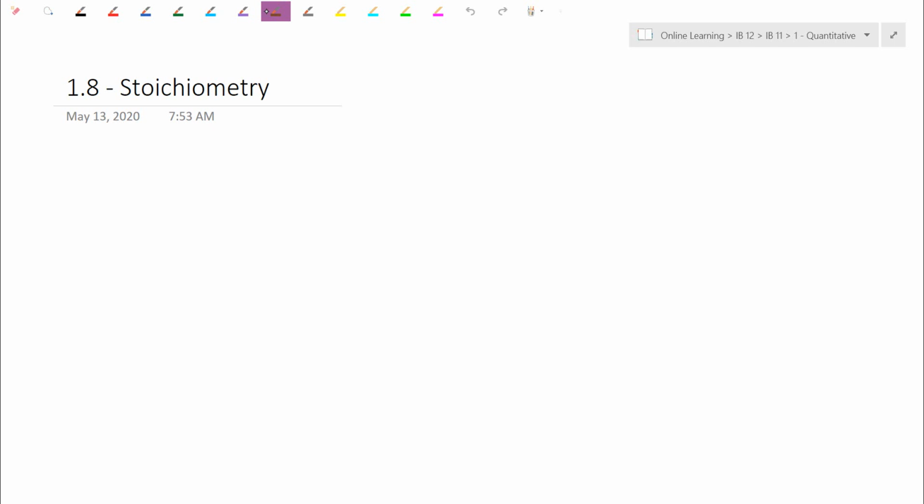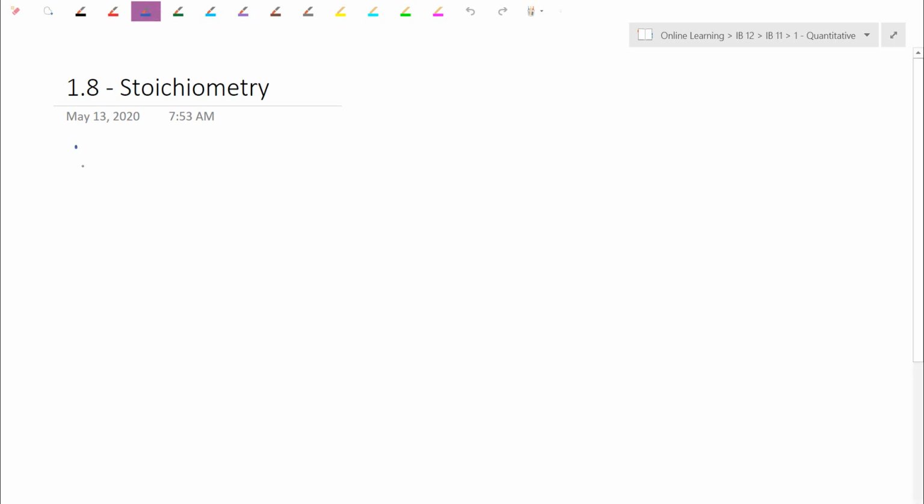The balanced equation actually serves as a recipe for us. It gives us some power in calculating. If I know the amounts of ingredients going into the reaction, I can calculate how much I would expect coming off of it. Just before we start into that, I just want to do one quick practice question from our